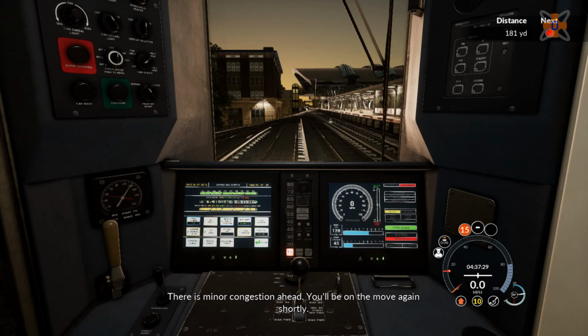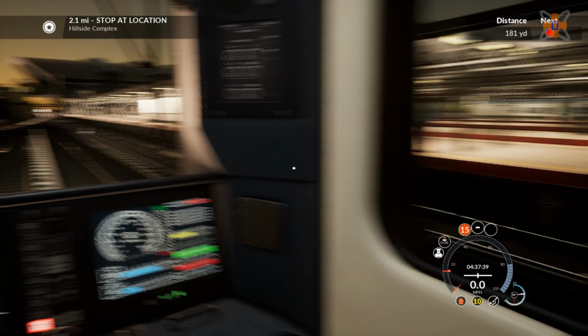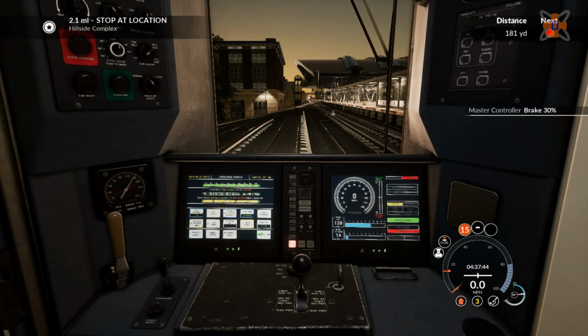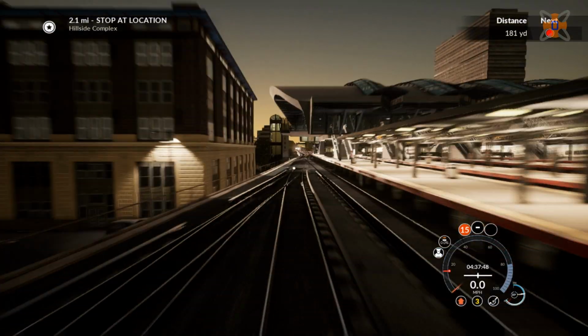There's minor congestion ahead. You'll be on the move again shortly. Okay, so yeah, it's not the final stopping point, I believe. Be sure to wait for another service to get past. Stop location, Hillside Complex in 2.1 miles. That is fine. Just need to get a few moments of free cam time